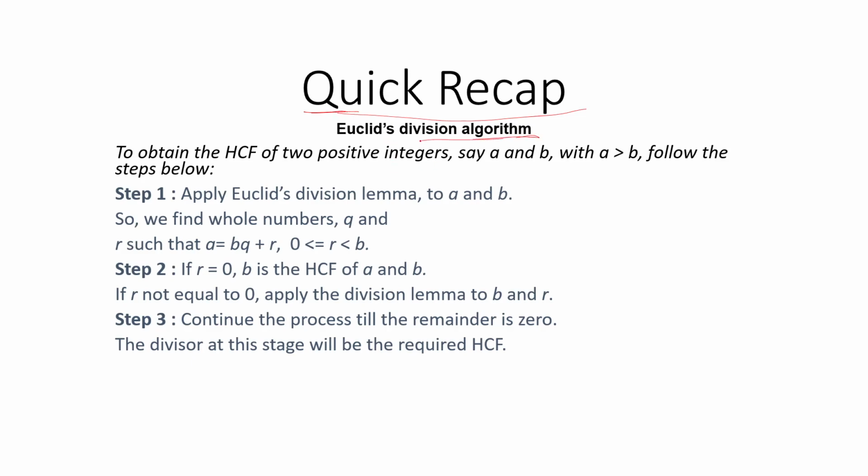So what we have taught in the previous one, I have taught you Euclid's division algorithm. So what is Euclid's division algorithm? A is equal to BQ plus R, and the value of R will be from 0 to B. If the value of R is 0, then B is the HCF of those two numbers. If the value is not 0, then we have to proceed again and again along with B and R till we get the value of the remainder as 0. Once we get the value of the remainder as 0, then B is the HCF. This is what we have seen in detail in the previous video. So please see that.